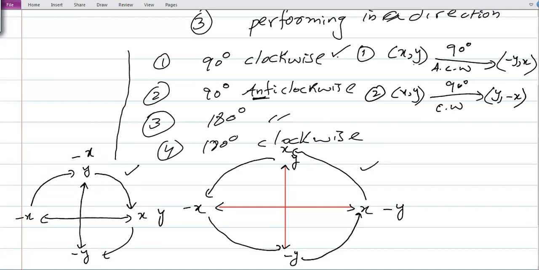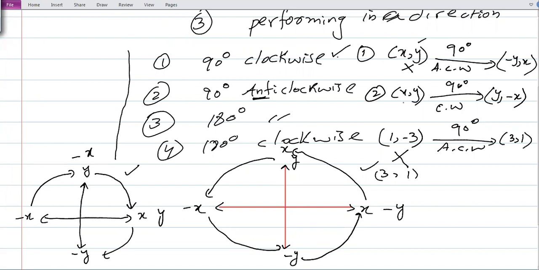Now very simple to remember. In this case, how will you remember? You will change their position and only change the sign of one. For example, if you have the point 1, minus 3 and you do rotation 90-degree anti-clockwise, how will you perform this rotation? This will be here, this will be here, but its sign, why are we changing to minus y? It means you will change the sign of this one. It will become 3, and you will not change the sign for this one. So after rotation, it will become 3, 1.